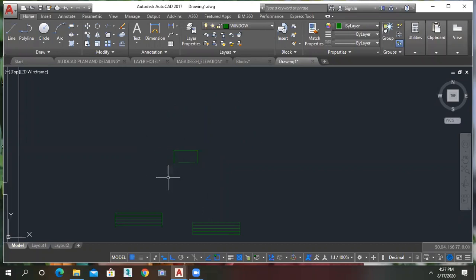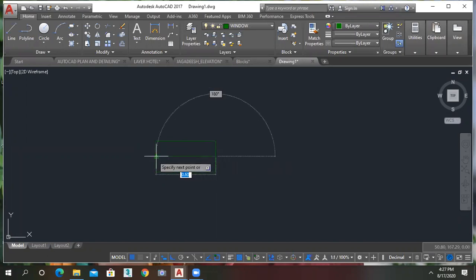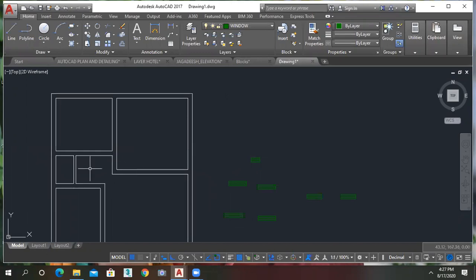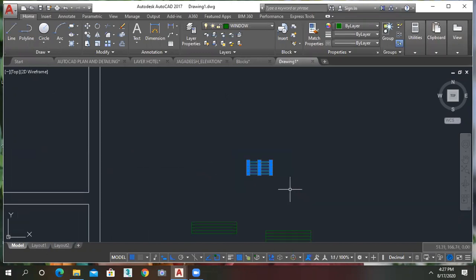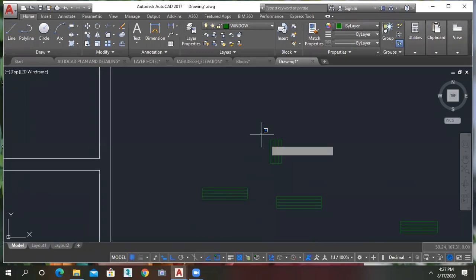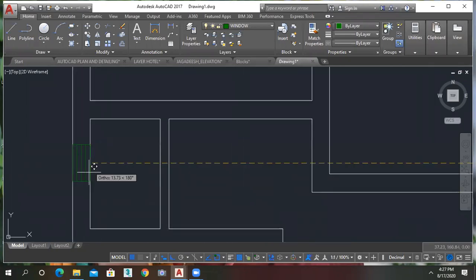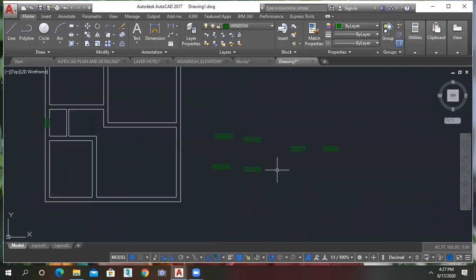And same 0.3. Okay, so the concept is the same throughout all the windows. Just give the offset, escape, enter, 0.075. Okay, so this is my window. I want to keep a ventilator in this direction, so that's why I just rotate it. Rotate it 90 degrees and move it like this. Keep the midpoint of that and just keep it in the middle of the toilet.